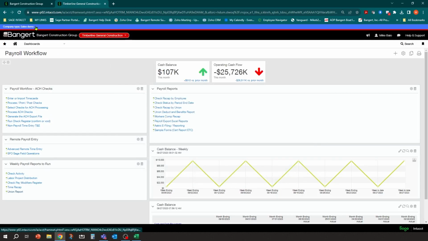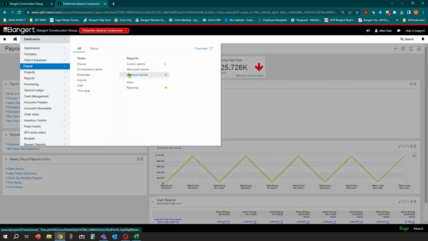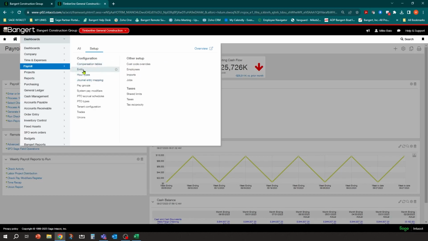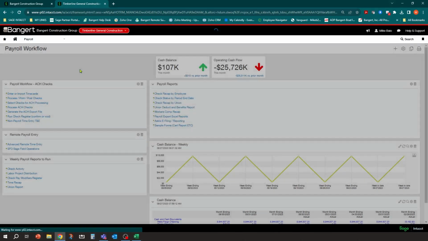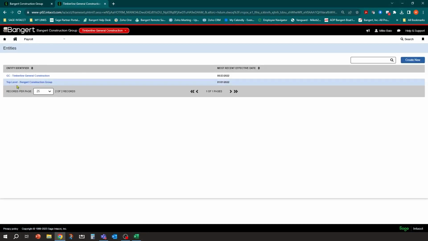You can also then, at this point, if I go back into payroll, run any Atrix month-end reporting or quarter-end reporting that you need to run. So one of the things you do want to make sure is that you have your Atrix account set up. You can set one up directly through Atrix if you don't have one. There is a setup item in payroll under entity. I'll be able to get into it. Under the entity setup, there is a spot in here for your company.